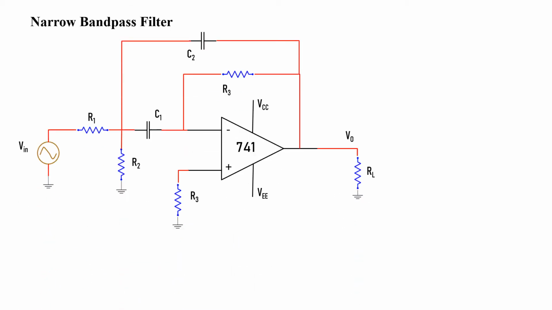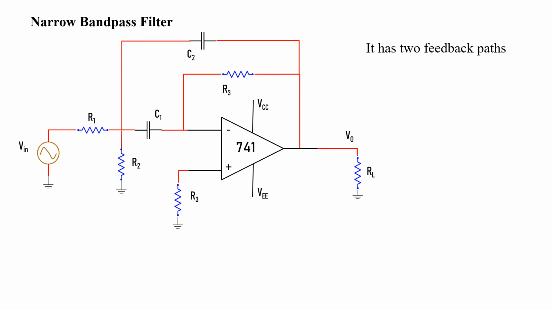This is the circuit diagram of a single stage wide band pass filter with the modification that a resistance R2 is present in the circuit. The resistance R2 is connected from the junction between R1 and C1 to the ground, and this resistance R2 is playing a major role in obtaining the quality factor of the circuit which is greater than 10, so that the bandwidth is mainly dependent on this particular part of the circuit.